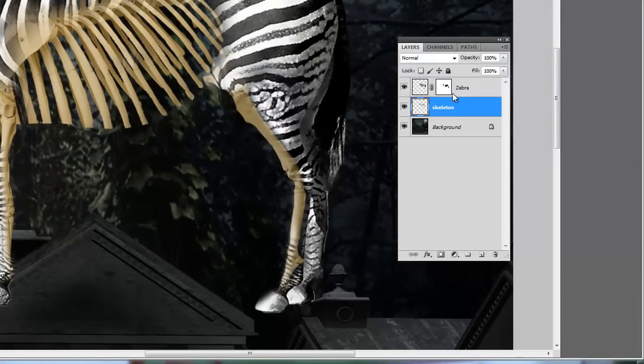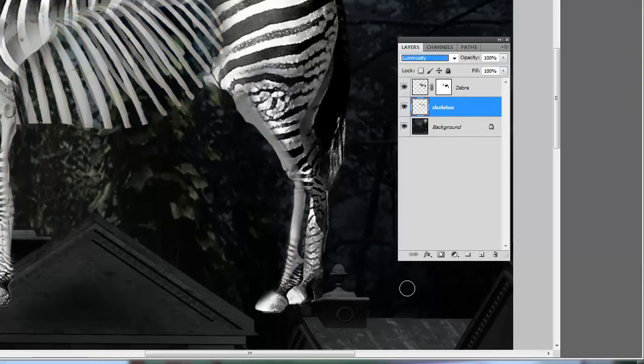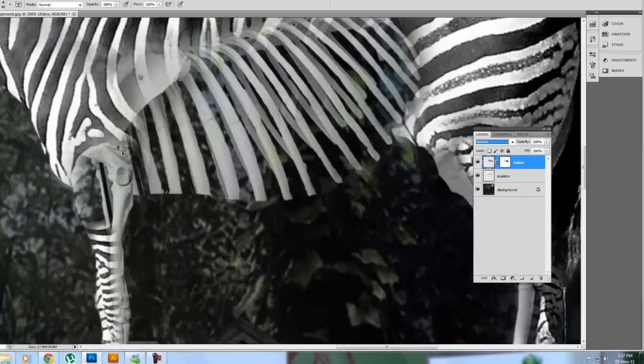I'm then going to go into the skeleton layer and change the layer style down to luminosity, so it's going to blend in better with the zebra. I am then going to click off the mask of the zebra, which is that one to the left. I'm going to Control plus to zoom in,